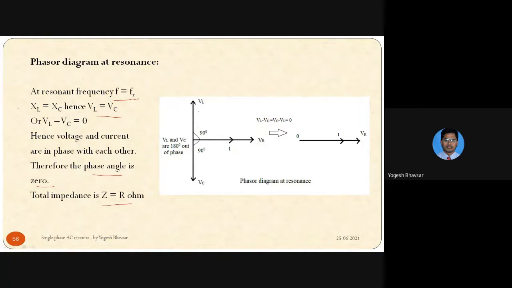So we have VL whose magnitude is equal to the magnitude of VC, and which are exactly in phase opposition. So this will get cancelled, because when we do the phasor addition, VL minus VC or VC minus VL, it will be 0. So it will get cancelled. So the resultant will have only the current, resultant current I, and the resultant voltage V, that is equal to VR, which are in phase with each other. So that is the phasor diagram for resonance condition.